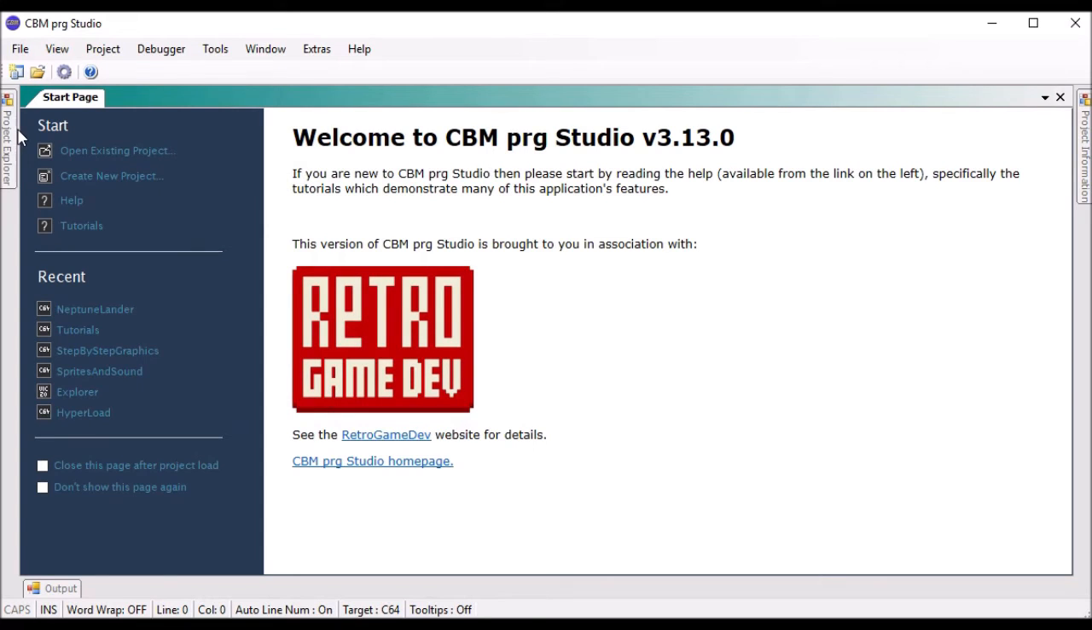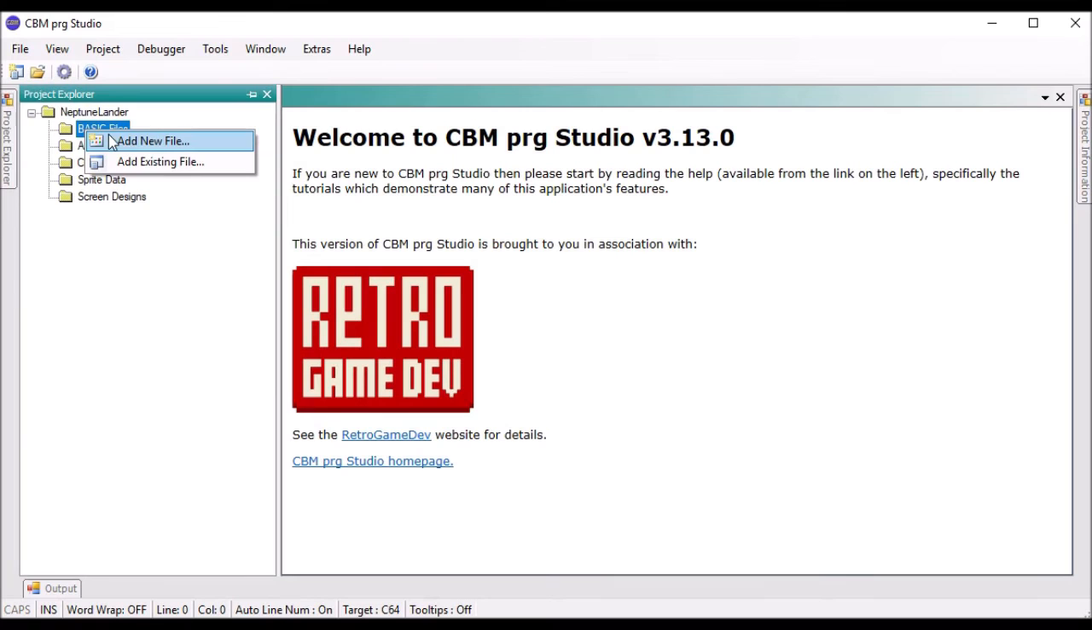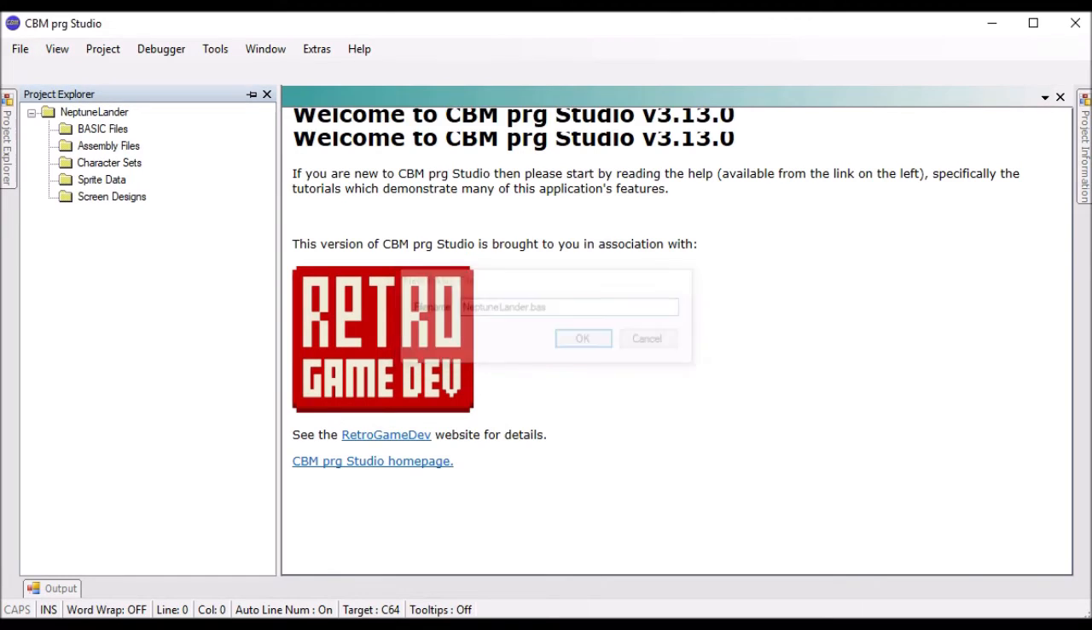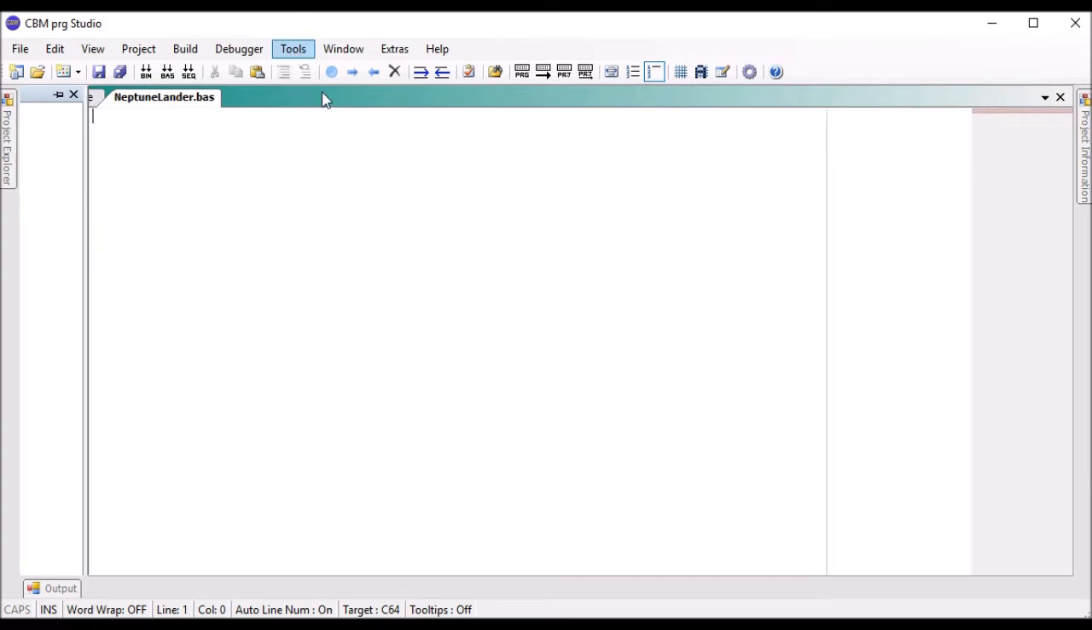So now we've created the solution, and we're going to add a new file, and this file is going to be called Neptune Lander.bas. There we go. So what we're going to do is write some basic lines of code to put the lander on the screen. So the first thing we're going